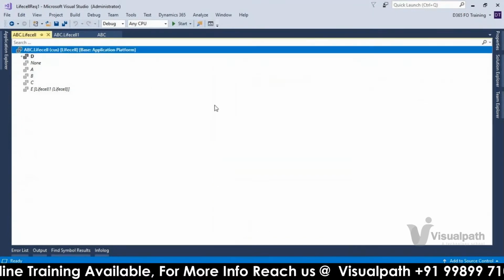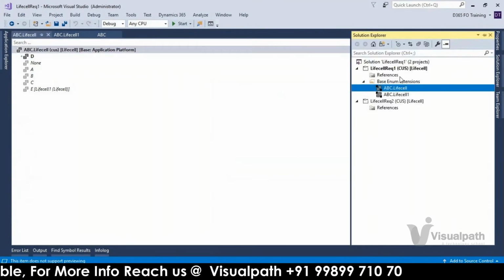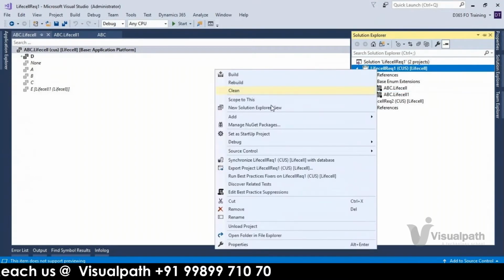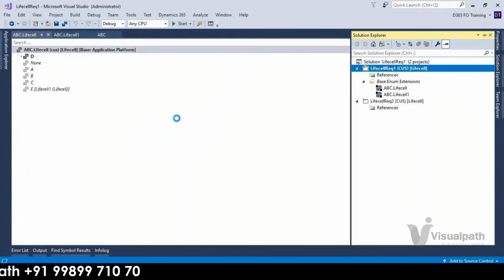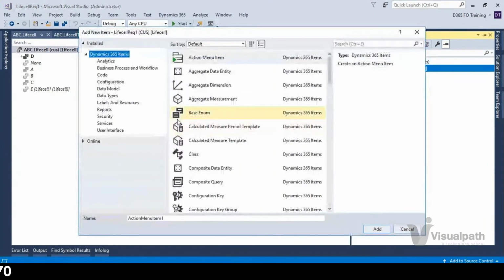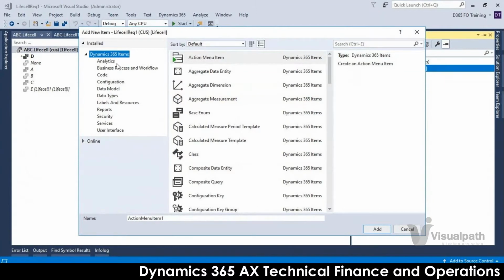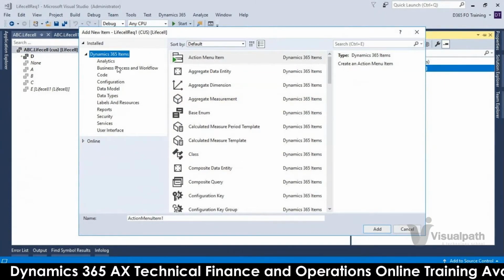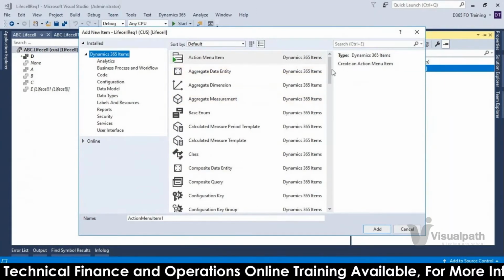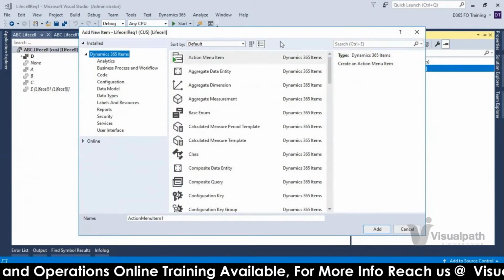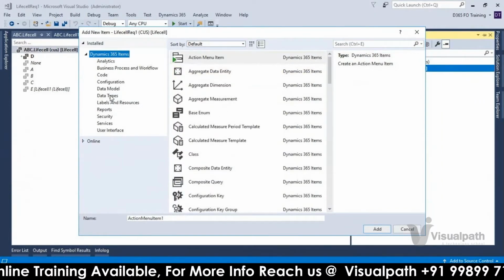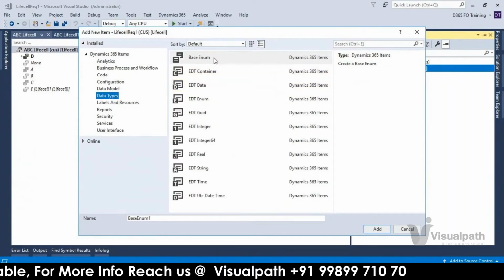If you created a new one, let me create one new enum. You can add new items by right clicking on the project and clicking add new item. Here also you have the bifurcation based on the type of object. If you select the first one, it will show all the objects. As I want to create a data type, I'm going to data type. Here you will find base enumeration.